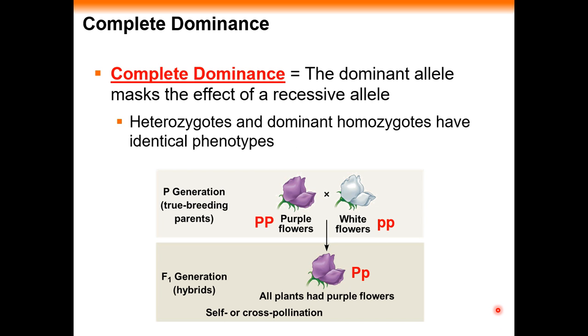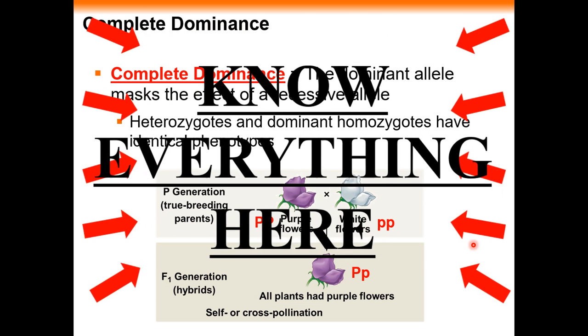What Mendel said is, well, there's complete dominance. A dominant allele is completely dominant. It masks the effect of the recessive allele. If there's a purple/white heterozygous, we only see purple. Homozygous dominance and heterozygous have the same phenotype,